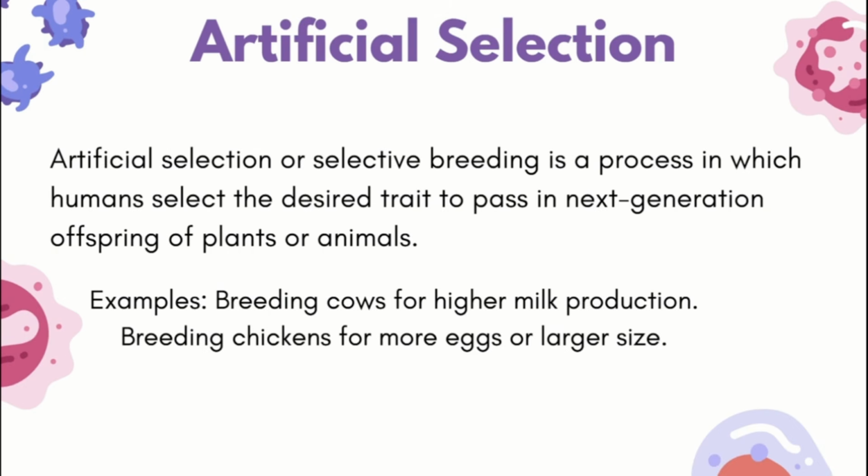So we are the ones that pick the traits that we want to pass on to the next generation. In natural selection, nature does that. We play zero role in natural selection. We can predict natural selection to a certain extent, but we cannot interfere with it or tell natural selection to do this or to do that. It happens naturally over a long period of time. Artificial selection,